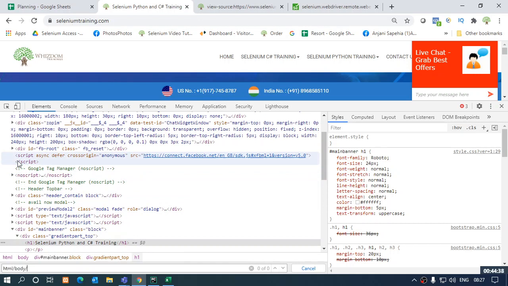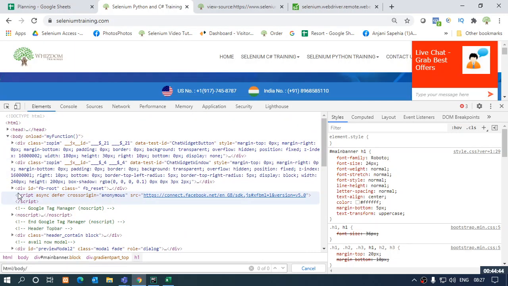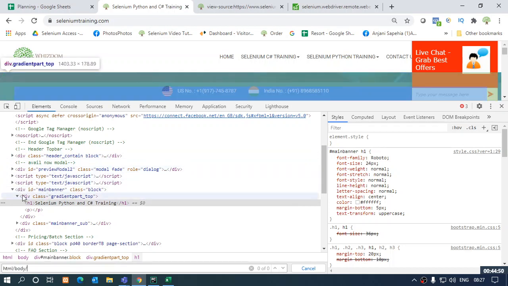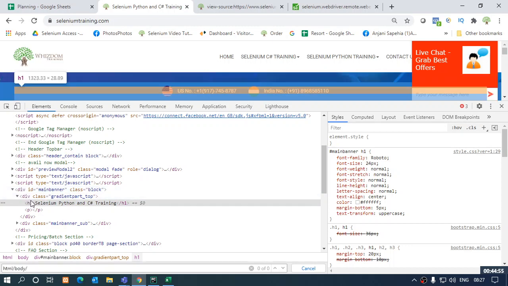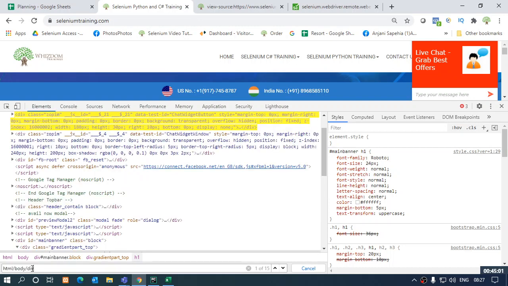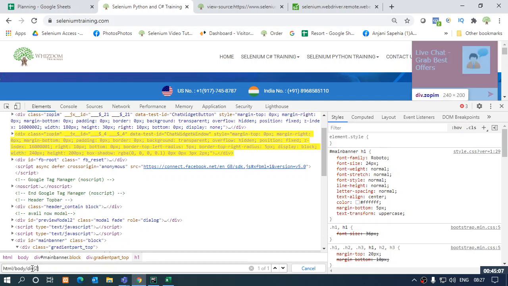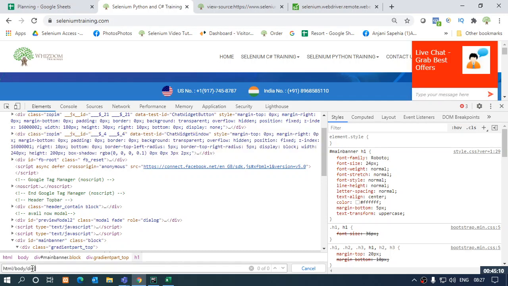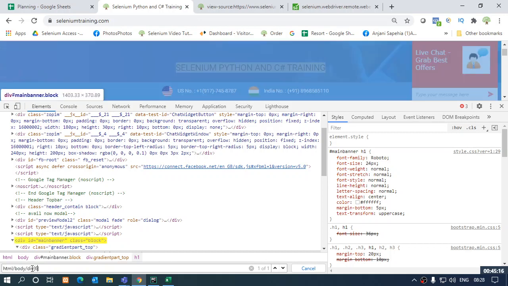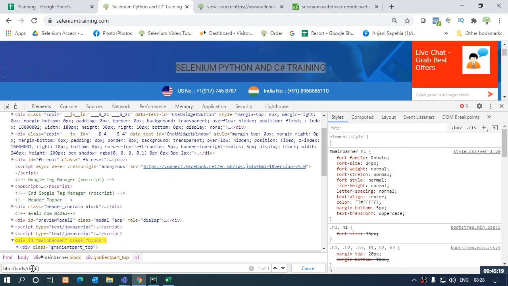Just the same tags we are going to count. Script is a different tag. We are not going to count the script tag. 1, 2, 3. Then 4, 5, 6. The sixth is the tag which I am going to go inside because my element is beneath this tag. So I'll say slash div. Which div I want to go inside, in the square brackets I can give the number. If I want to go inside the second div tag, the second div tag will be highlighted. If the fifth, then that will highlight. What I am concerned about is the sixth one. So the sixth got highlighted. Right.